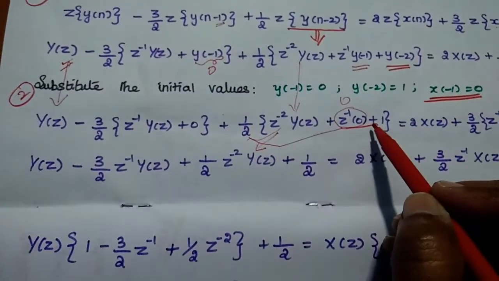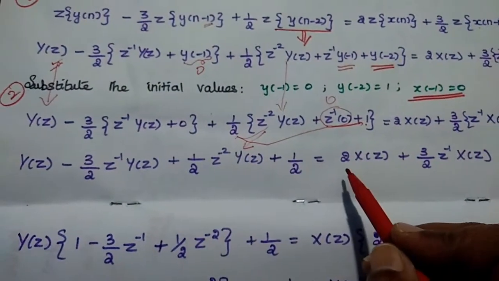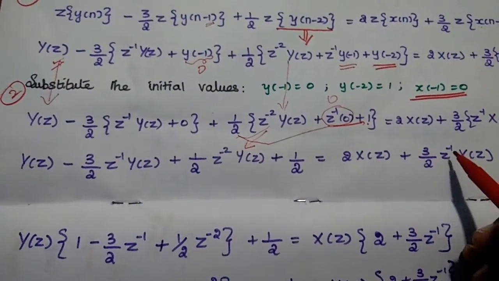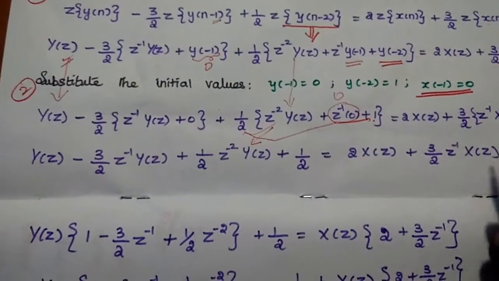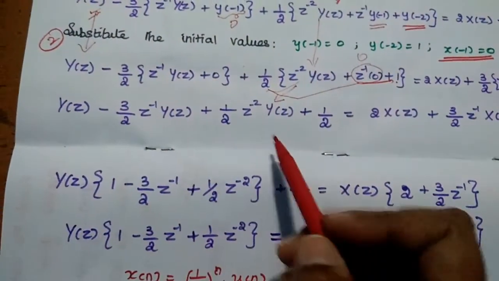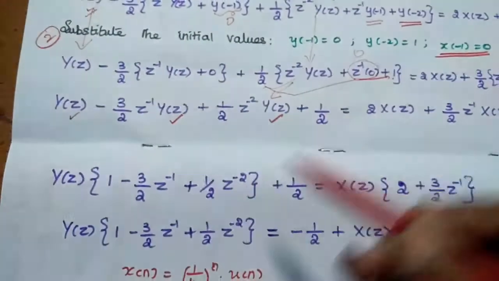This 1 by 2 is multiplied with this 1. So plus 1 by 2, that is equal to 2x of z plus 3 by 2 z inverse into x of z. Is that okay? So next, in this left hand side, these three terms are having y of z as a